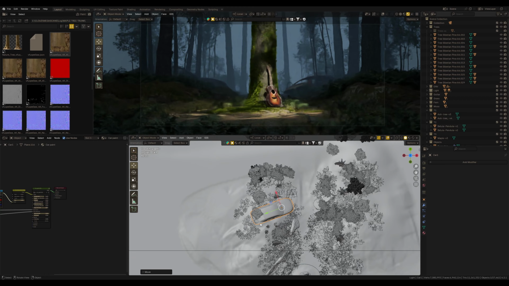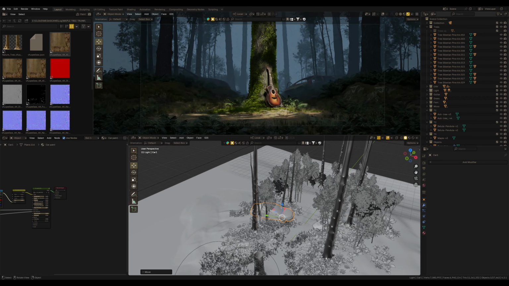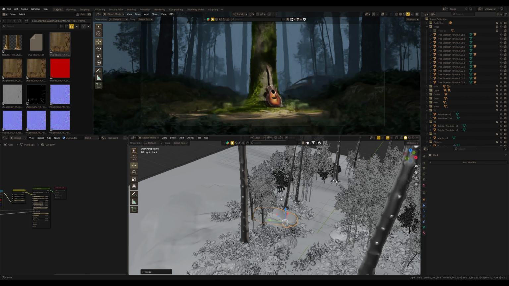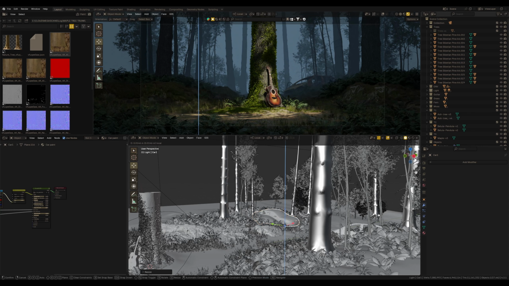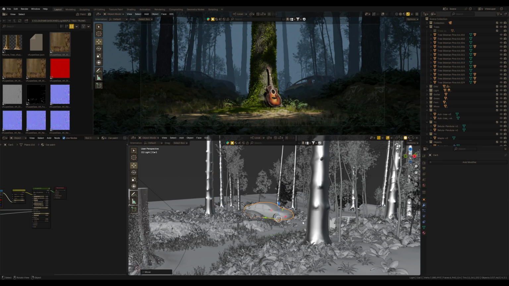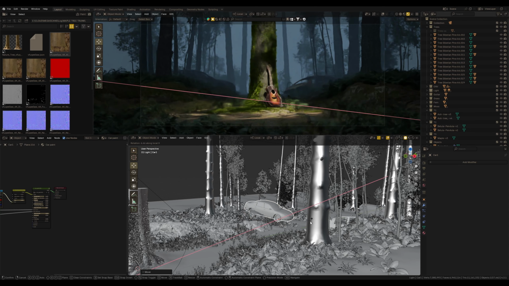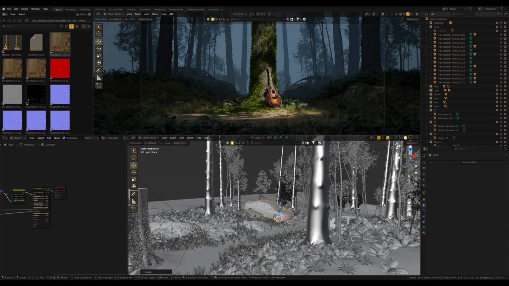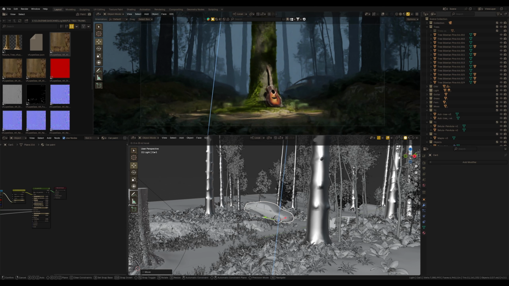Next, I place another car on the opposite side of the composition, as if it got stuck and became overgrown with plants over time. And this also supports the composition. First of all, it creates a symmetrical frame with objects evenly placed around the central object. Second, the direction of this car points towards the same central object.